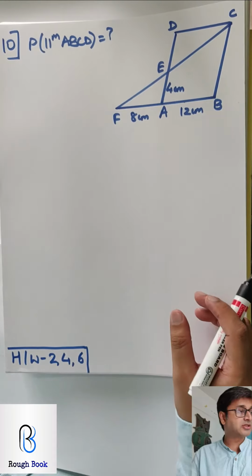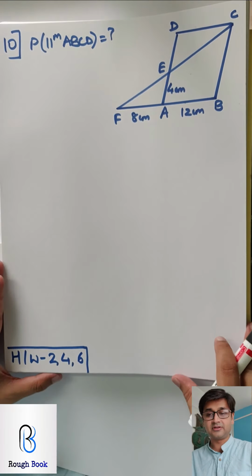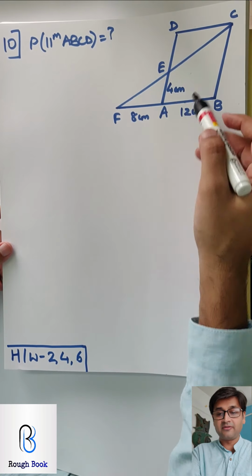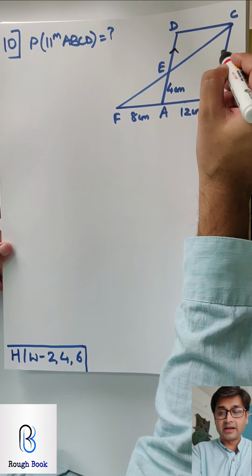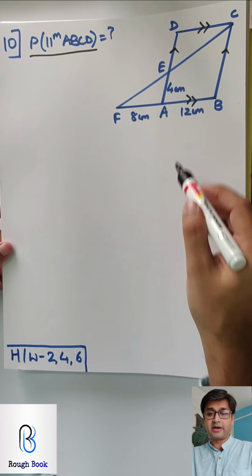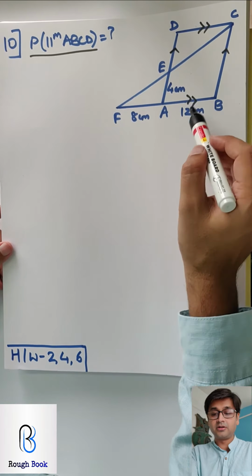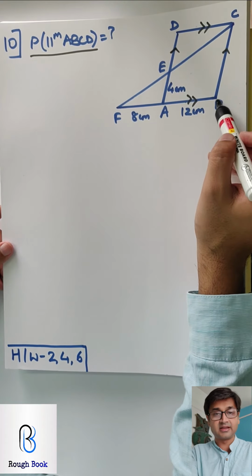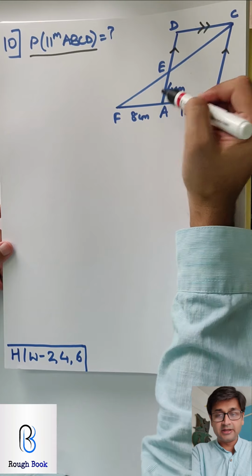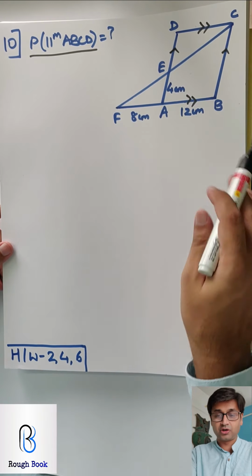Let's go with the last question, sum number 10, and then we will pause. Okay, that is the last question for the exercise. You've been given this 4, 8 and 12, and they say ABCD is a parallelogram. Your target is to find the perimeter of this parallelogram. Now to get the perimeter, you have one side, you need to find the second side. So two choices, either find DE and add it to get AD, or directly get BC, your choice.